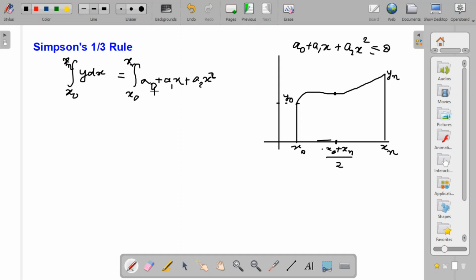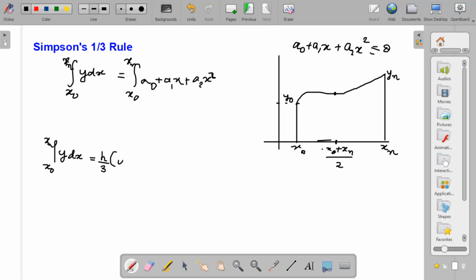Just understand what is happening in the Simpson's 1 by 3 rule, and finally we end up with the formula, that is, the integral from x0 to xn of the function y dx